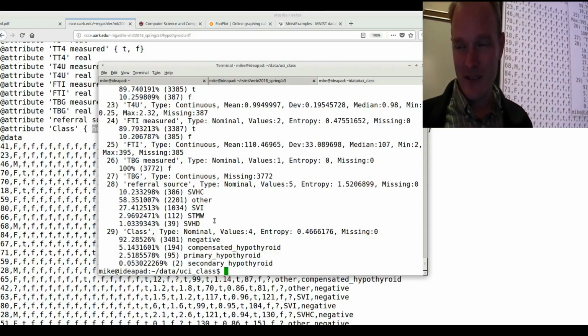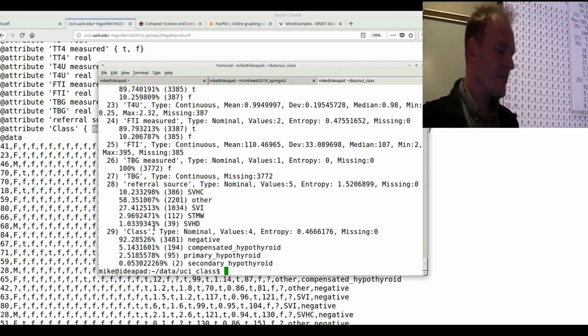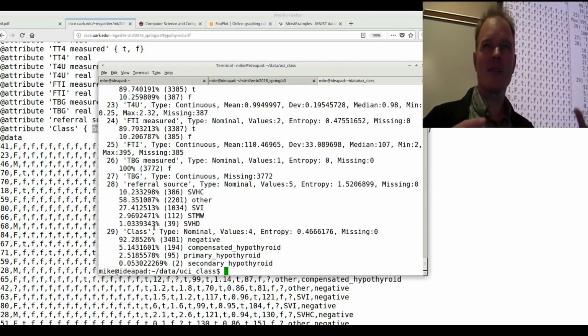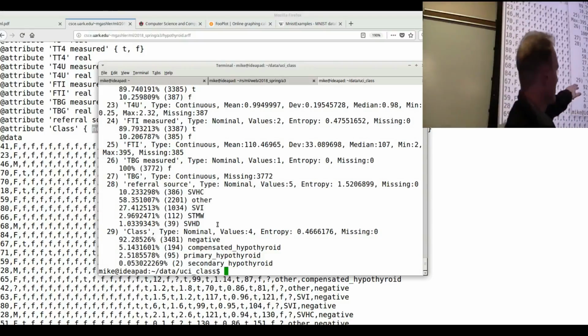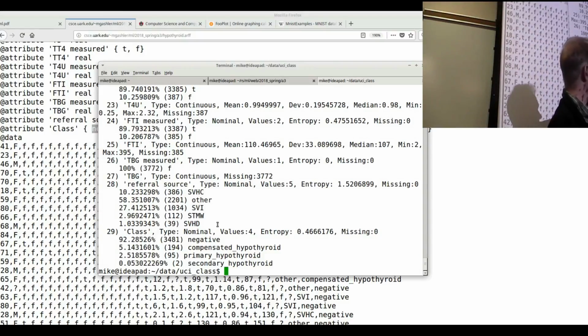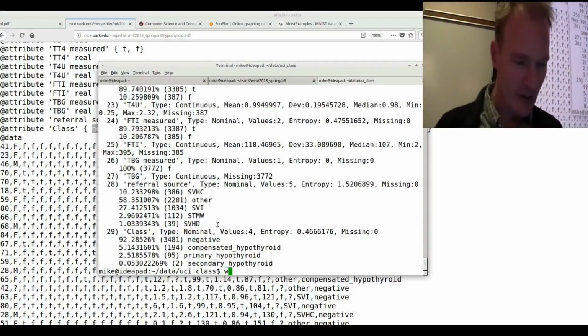Well, okay, do you remember I included the baseline learning algorithm in the starter kit that I gave you? Okay, if you use baseline, what does it do? It computes the mode, the mean of continuous values and the most common value of categorical values, and always predicts it. So if I use the baseline learning algorithm on this data set,